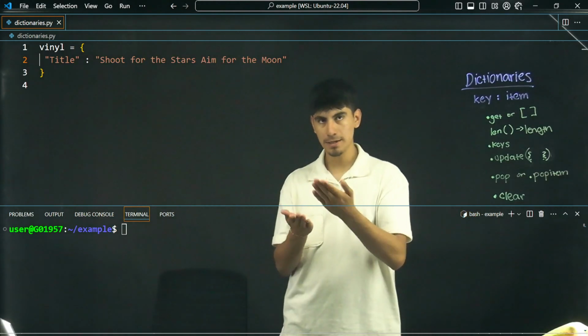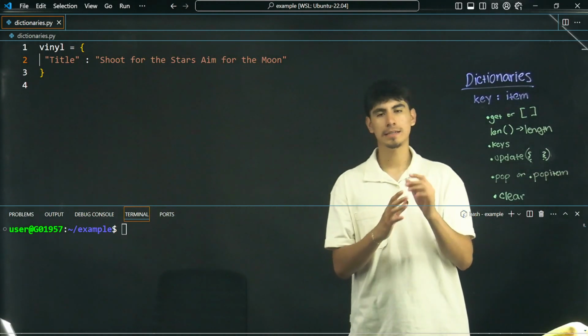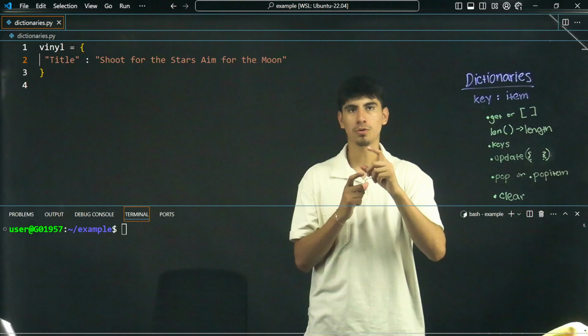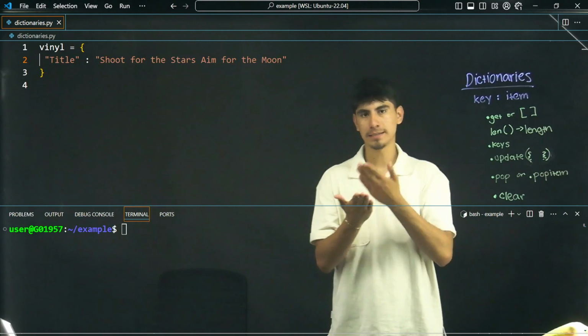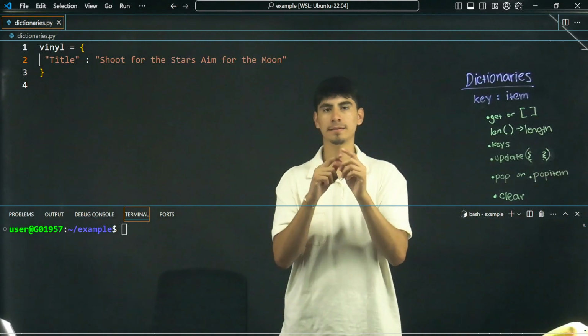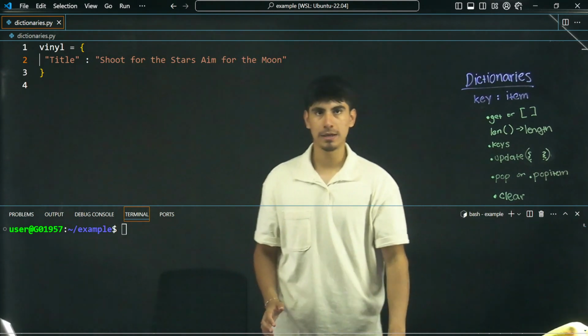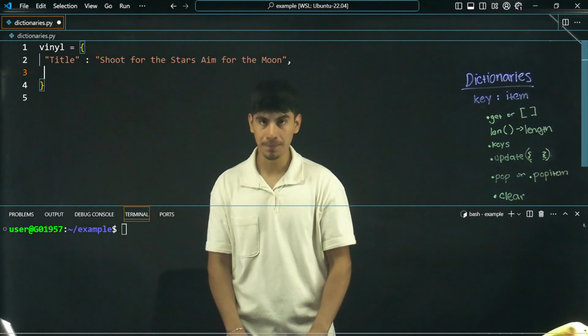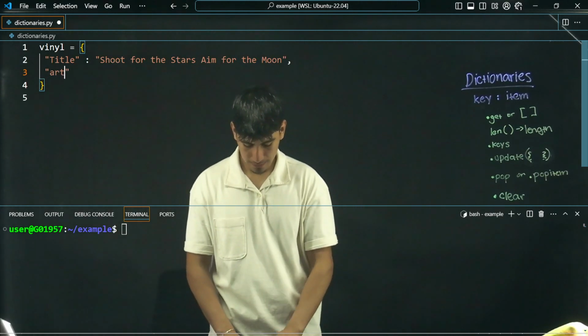In this case, I did title. And in a dictionary, the way you assign an item to a key is by using a colon. So in this case, I did title, colon, and then the name of the album. Then to add things to my dictionary, I would do a comma, and then maybe I want to add the artist,